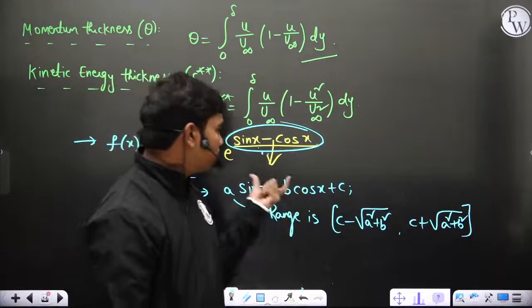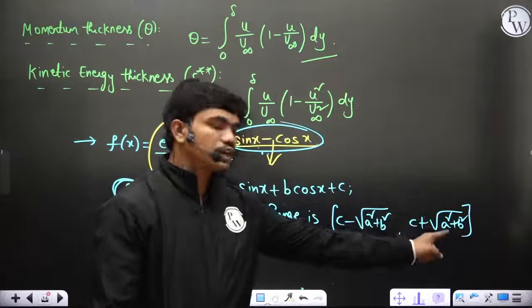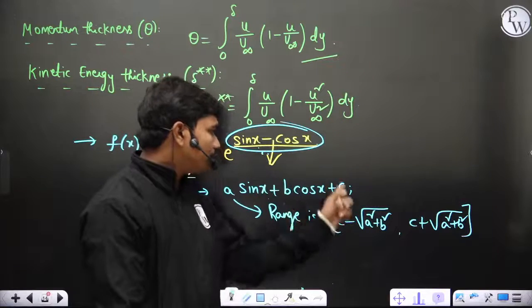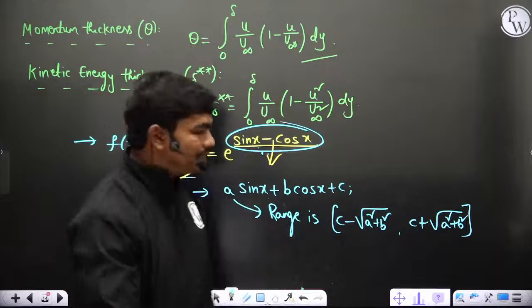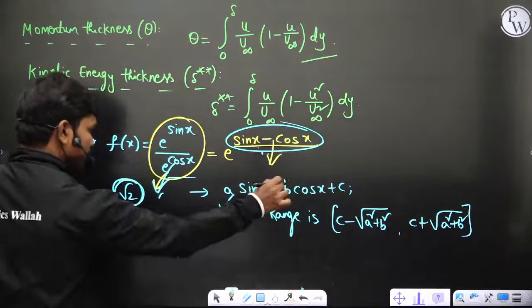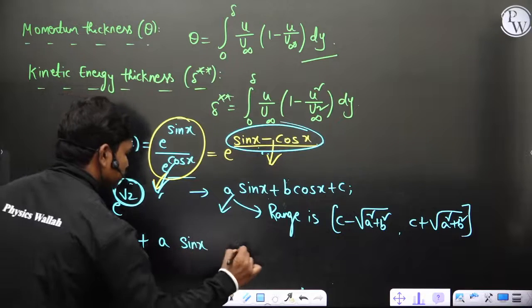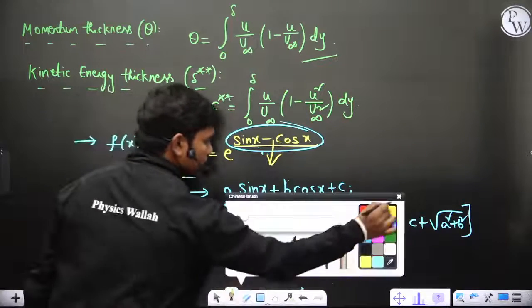This means the minimum value of this function is going to be this, and the maximum value of this function is going to be this. Whatever values of x you keep, the value of this function will come somewhere between these two. It's very easy to show. This can be written as c plus a sin x plus b cos x, correct? Now what I can do is, look,